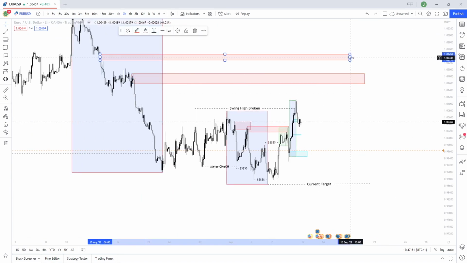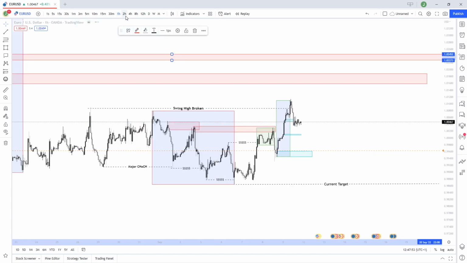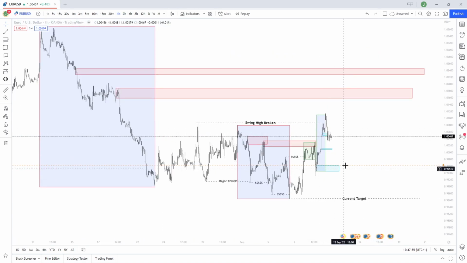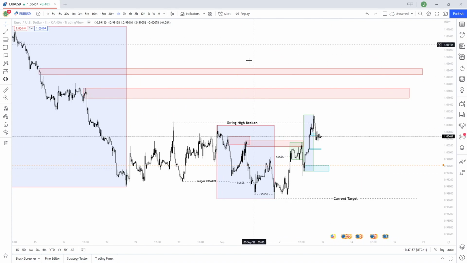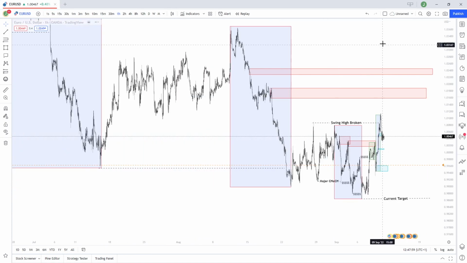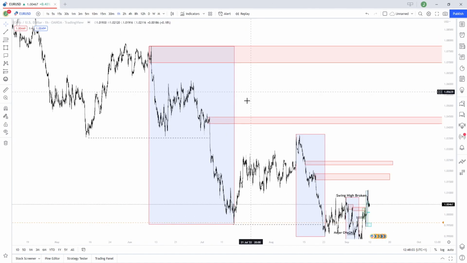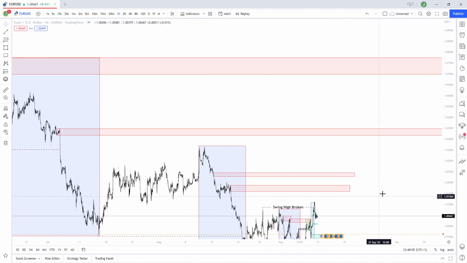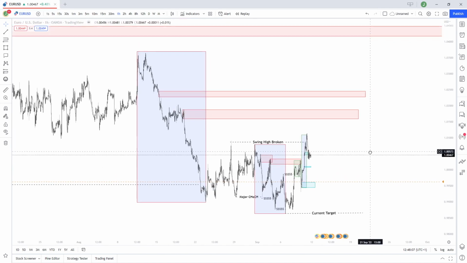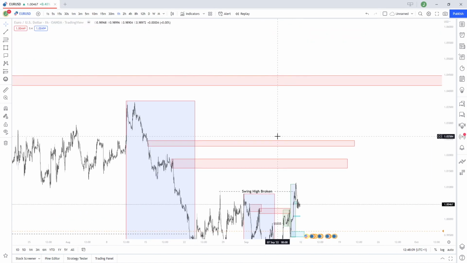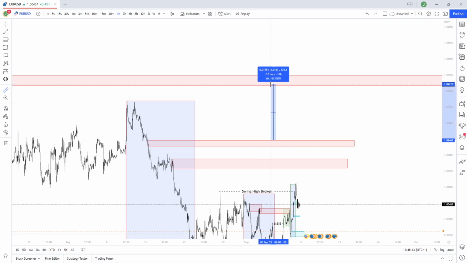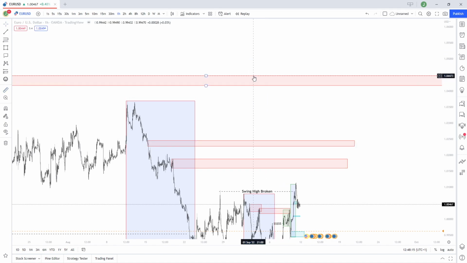So yeah, longer term, we'll just be waiting to see price continue bullish up into one of these two zones, see if we get any form of reaction. If not, and we continue higher, we'll then be zooming out again, looking for reactions from these zones even higher. But in the meantime, of course, if we invalidate both of these, we have a lot of wiggle room, and that is around 170 pips,